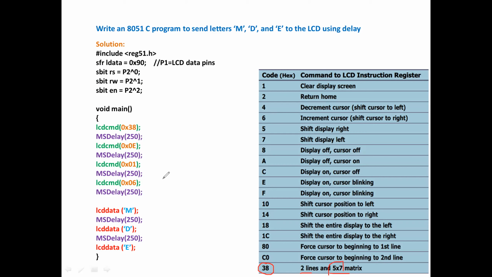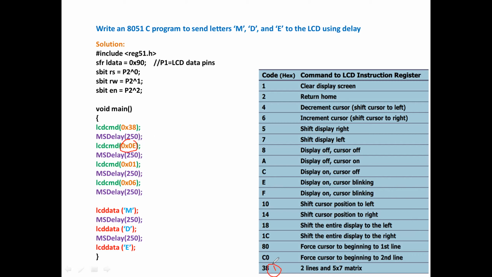The second, have a small delay. This is the simple delay, and same command. What is the second command? This is my first command. Second command is 0E. This is your second command. What I'm doing: display on, cursor blink. The LCD should do this operation. That is, display will be on, cursor will be blinking. Okay. So same operation. So this is the command, right?